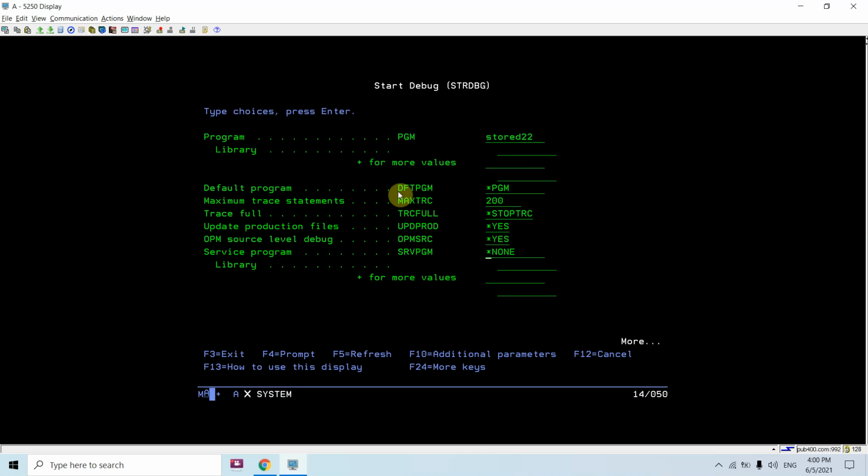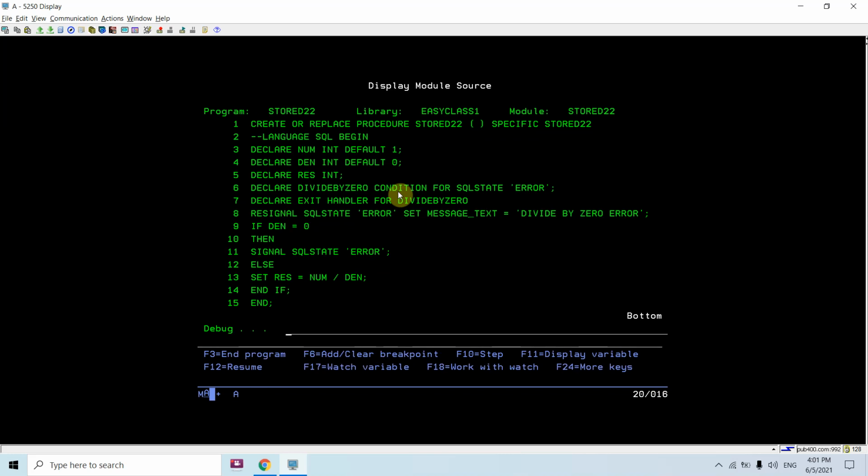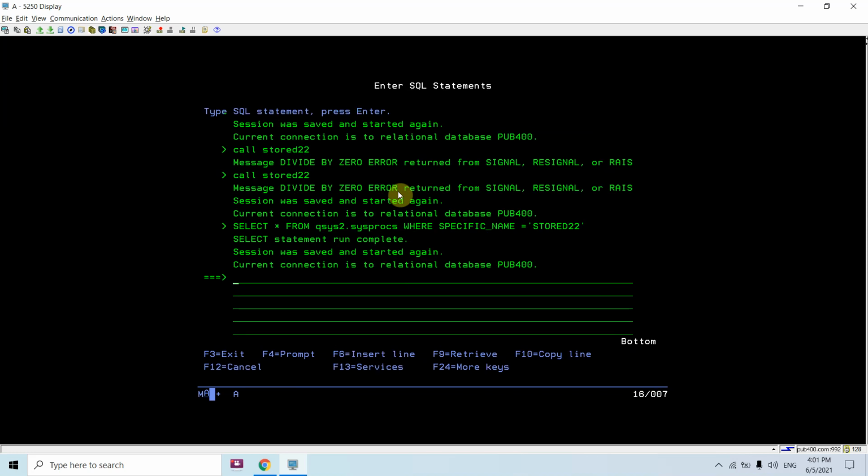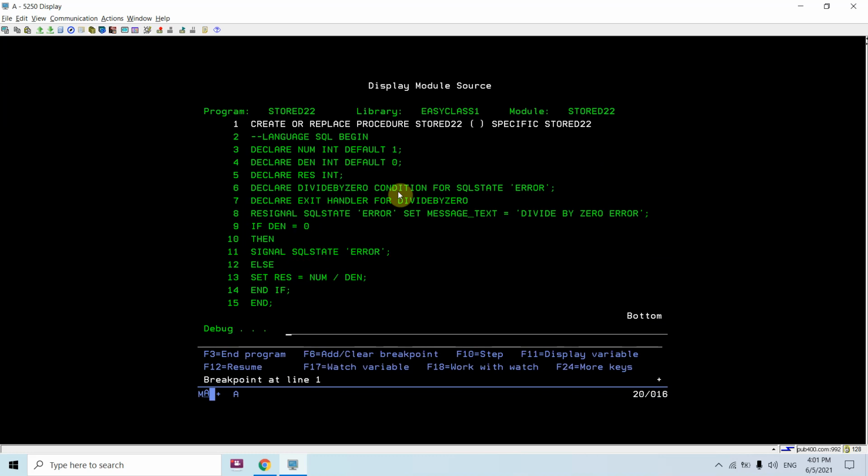Once we set the breakpoint, we can call it from anywhere, from the command line or from the strSQL sessions as well. So I'll set the breakpoint at line number 1. Just do strSQL, just I'll call this store 22.